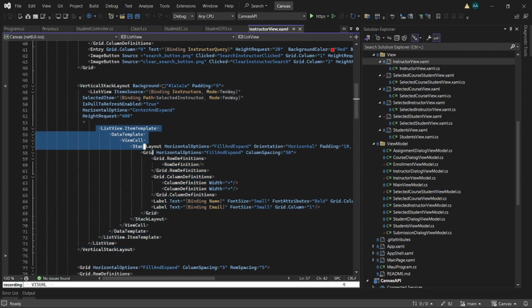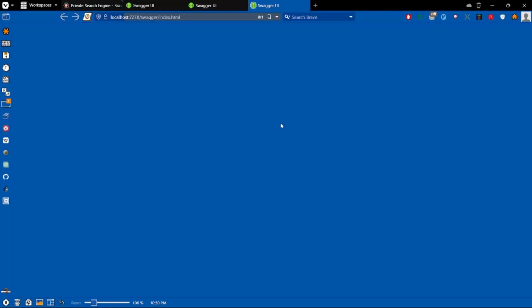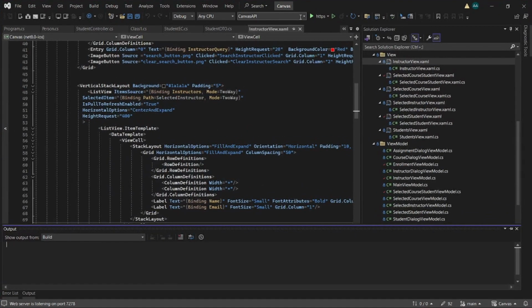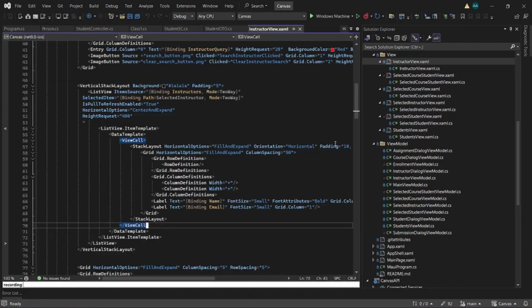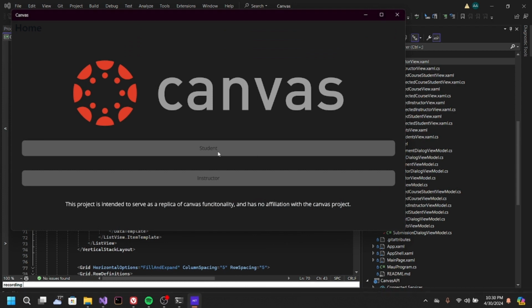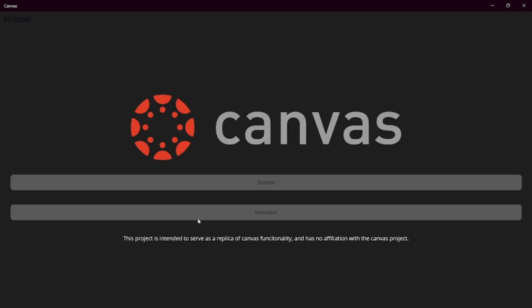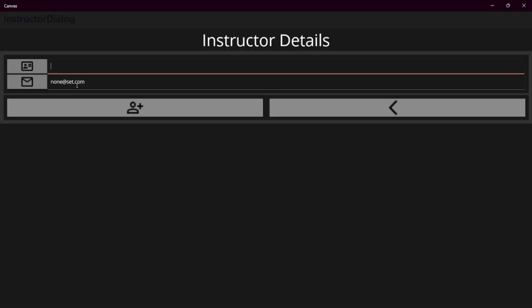These list view templates were extremely helpful in making this program look good, because I could not... it made making the lists easy. Specifically, the course lists look really good as well. So that's just what's in this here. Adding a student,